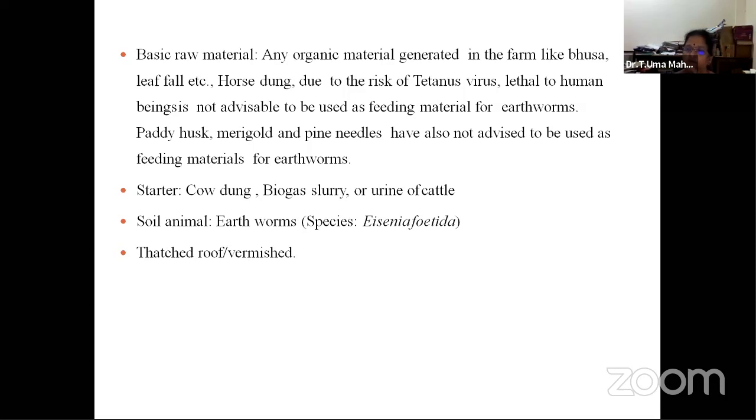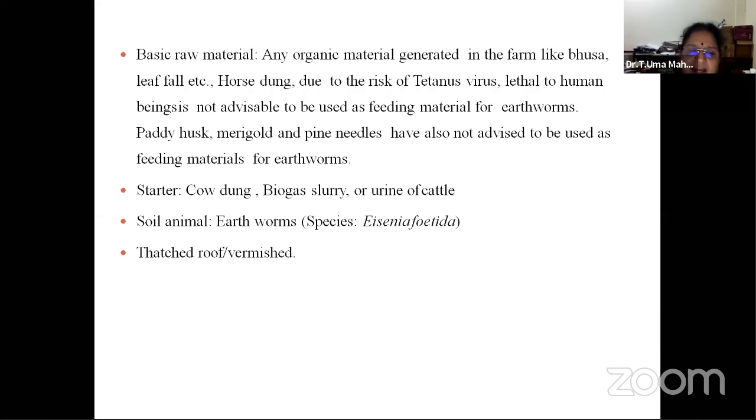Then what is the other material? Cow dung. You may ask, madam, why cow dung? People ask me why cow dung cannot be added directly and applied to the field, as we generally see in the villages. Cow dung is nothing but FYM, farmyard manure, which we keep and utilize. But it takes a long time and it will be in clod form. Here we are not using cow dung as the main material. It is a material we add to the organic waste for speeding up the decomposition process.